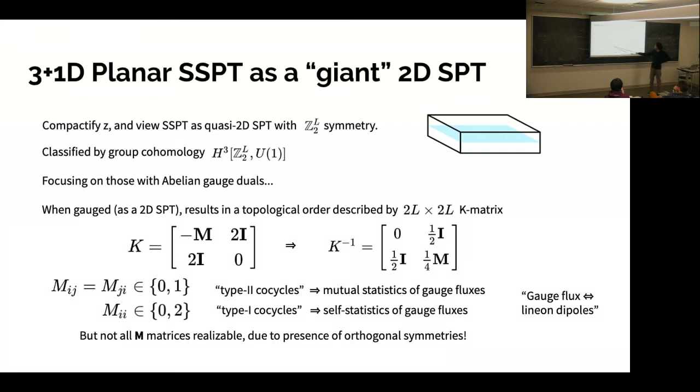You can think of the off-diagonal elements as arising from type 2 cocycles, and they control the mutual statistics of your gauge fluxes. And the diagonal elements control the self-statistics of gauge fluxes. So this is if you just had an arbitrary 2D SPT with symmetry group Z2 to the L, but